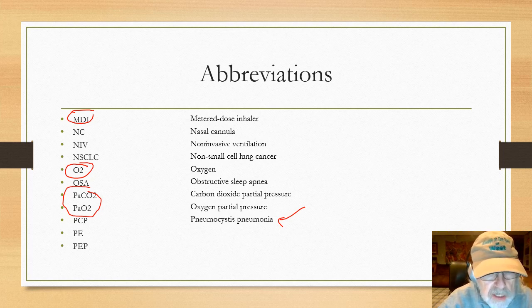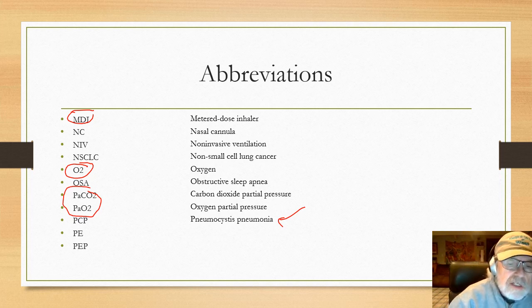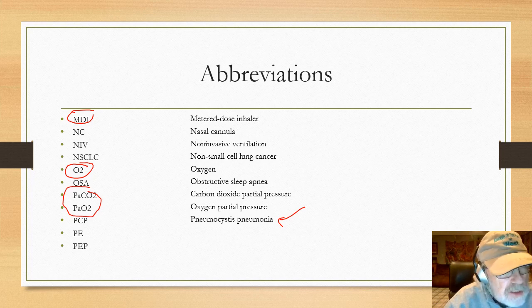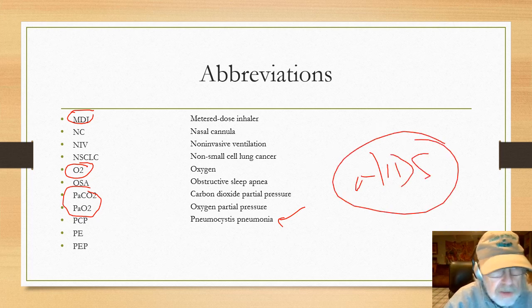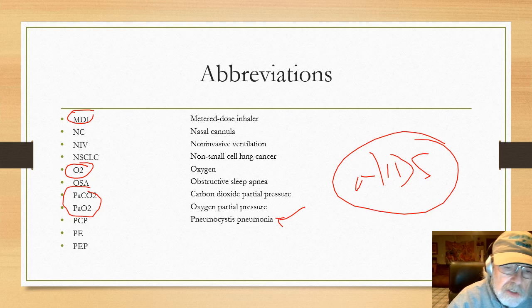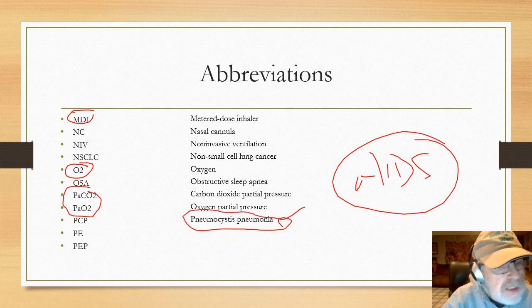AIDS. When somebody has HIV, it means that they're positive for the human immunodeficiency virus. When they finally start to show symptoms, that's what they call AIDS. In AIDS, there's a certain cell called a CD4 cell in my immune system that doesn't work. So people with AIDS, their immune system is trash. They can't fight infections. This Pneumocystis carinii bacteria goes crazy, goes overboard, nothing's there to stop it,